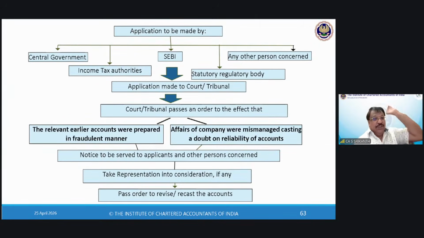Everything needed to be corrected, but there was no provision in the law for that. I'm sure a special order was passed only for Satyam, but now they made it part of the Act. So they say, where any of these authorities, the central government, SEBI, income tax, any statutory or regulatory body, any other person concerned, or a person showing that he is concerned, such as an investor association, makes an application to the court or tribunal,